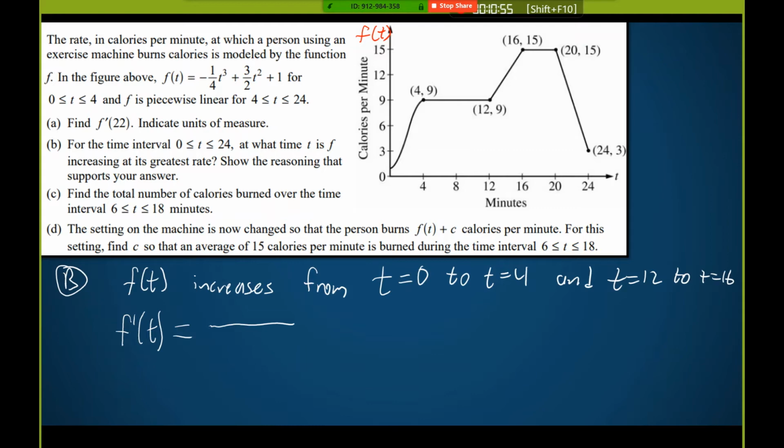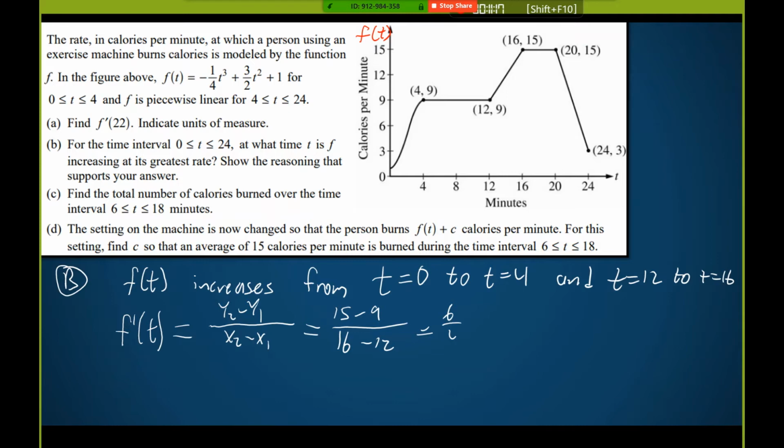For my average slope, this is y2 minus y1 over x2 minus x1. So how can we set this up? Oh, so it's 6 over 4. Okay, so this is 15 minus 9 over 16 minus 12. Okay, so that's 6 over 4,